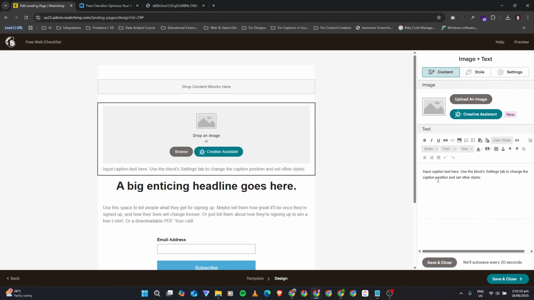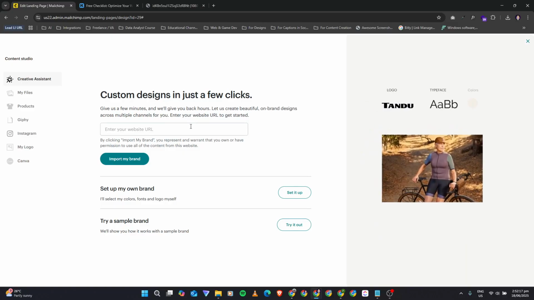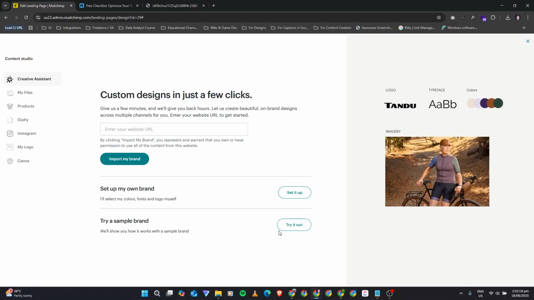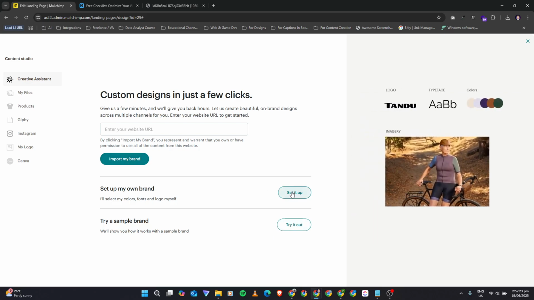It's just drag and drop. Just pick one of the blocks there, click, hold, and drag it here onto the builder. Then upload an image, and there's a creative assistant if you need help with what pictures to place here. There are some setups here, so you can try it out and explore.